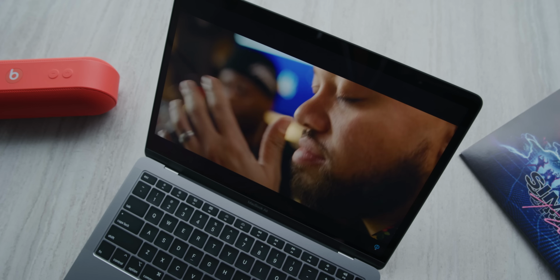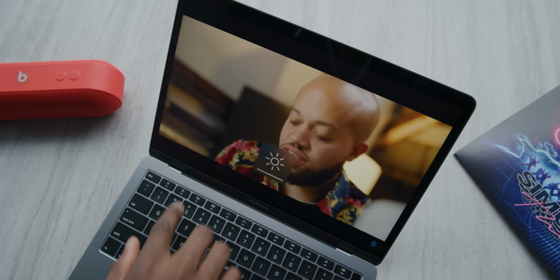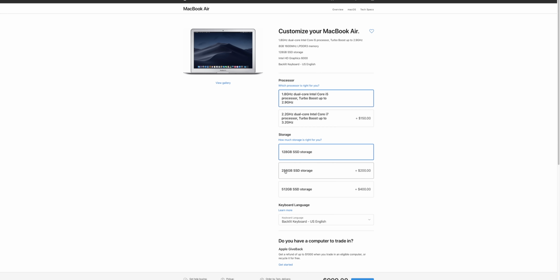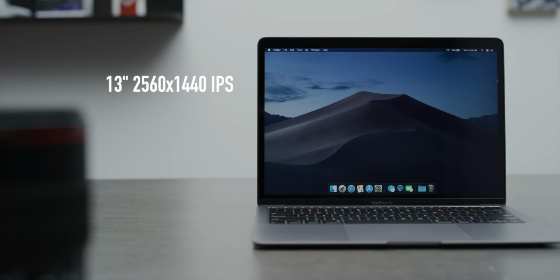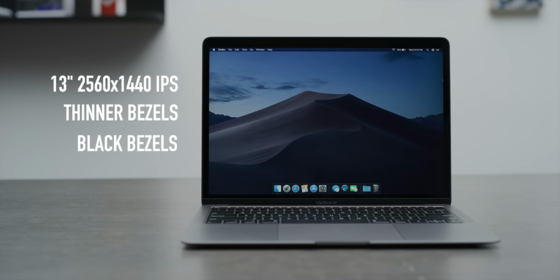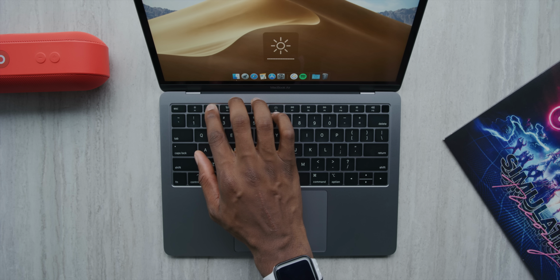So beyond the build quality, the display is important to me, and that was the biggest downside of the original MacBook Air, which they still sell, by the way. A low resolution with big, thick silver bezels and everything. So that was the biggest upgrade here in the new MacBook Air. We asked for it, they made it. So it's now a 13-inch 2560 by 1440 IPS display, thinner bezels, black bezels. Big time upgrade. The one thing is at max brightness, it's not quite as bright as I want or